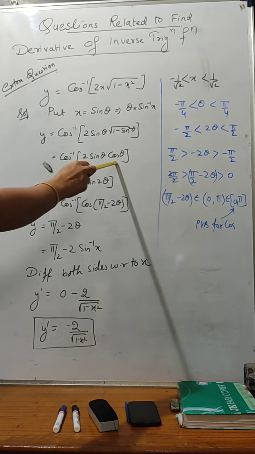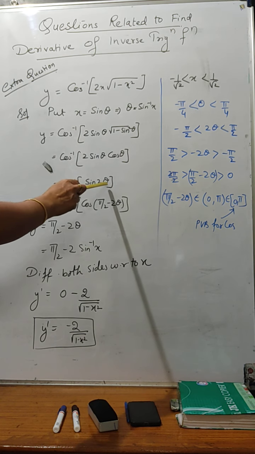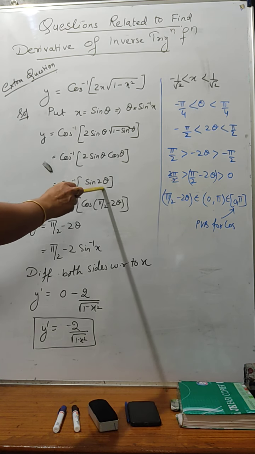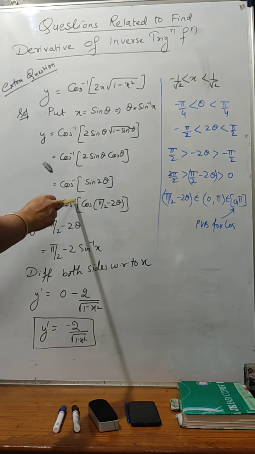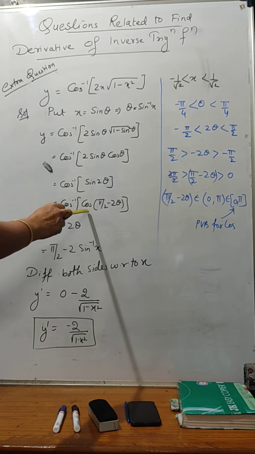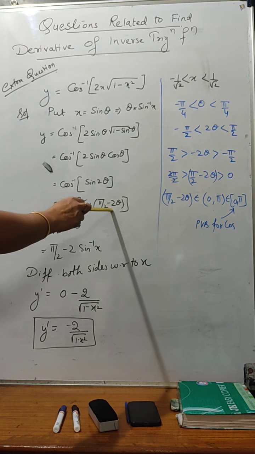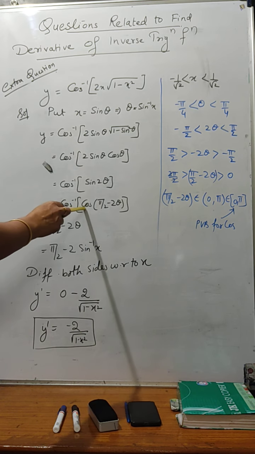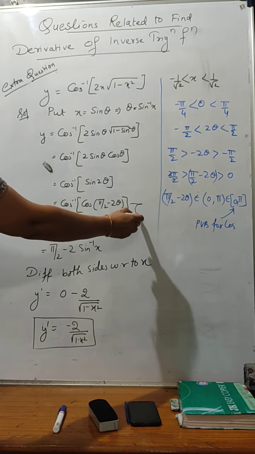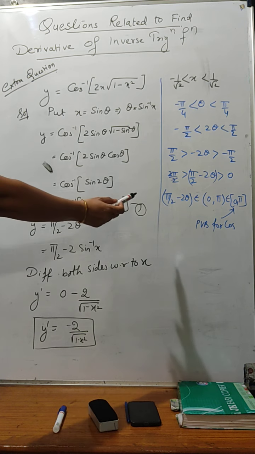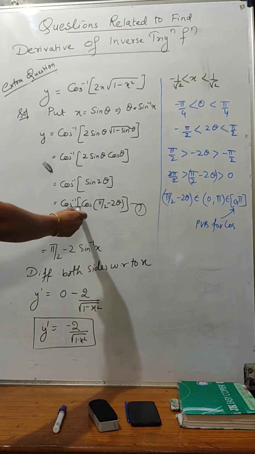Now 2 sin theta cos theta will be equal to sin 2 theta. So cos inverse of sin 2 theta cannot be written as 2 theta, since both the functions have to be the same. So cos inverse of sin 2 theta can be written as cos inverse of cos of (pi by 2 minus 2 theta), which we have studied in class 10 also. Now after reaching this particular step, that is equation 1, we have to check whether this interval lies in the principal value branch for the cos function.